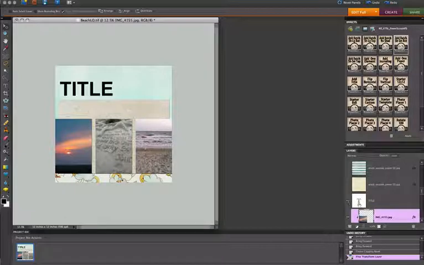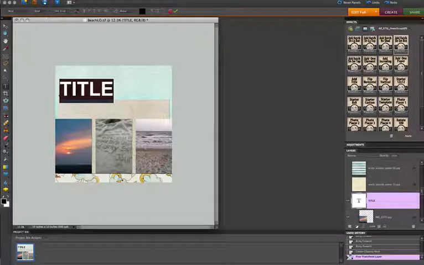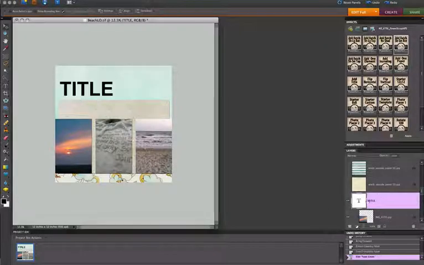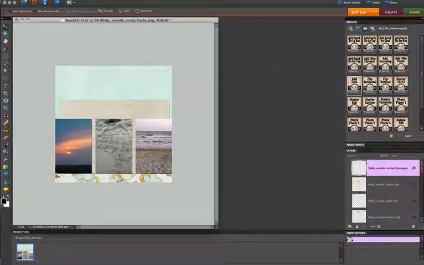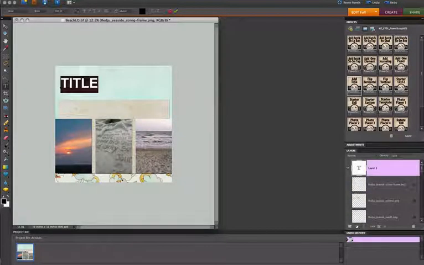In this case, the title has been provided for me, so I can easily just click and edit it, edit the fonts and edit the words. If that wasn't in there, I could add a title by using the add title action, which I'll do right now, and click apply, click continue, and you'll see it adds a title here, allows me to change the font